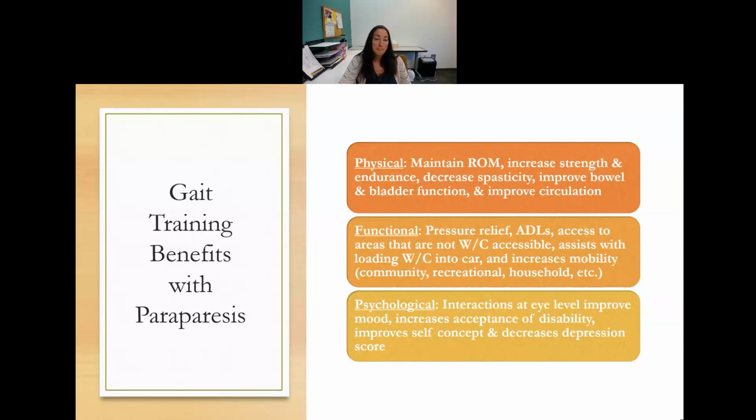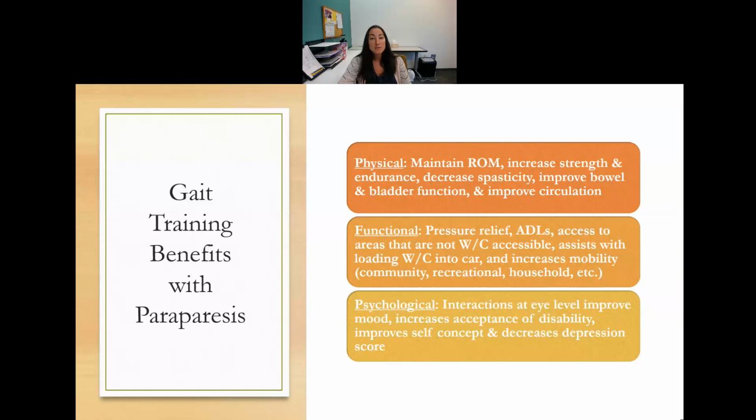Gait training also has benefits if you put them in some device that can support their legs and allow them to gait train even with significant weakness or paralysis. Some of the physical benefits are it helps them maintain range of motion, increase strength and endurance, decrease spasticity, improve bowel and bladder function, improve circulation. Some of the functional benefits are it could help with pressure relief, it could help with ADLs, or access to certain areas, like doing a stand transfer